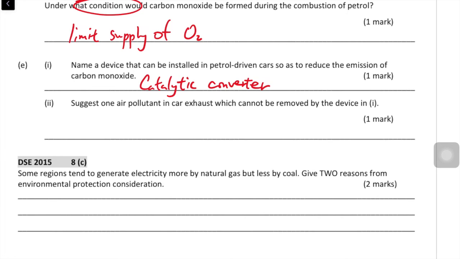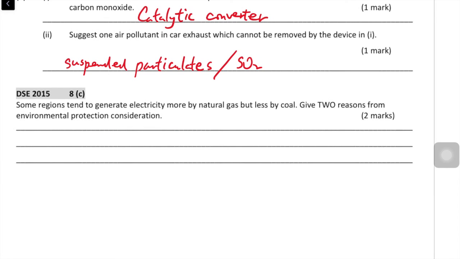Okay, next is suggest air pollutant can be removed. We have plenty of choice. For example, suspended particulates or even SO2, which cannot be removed by the catalytic converter. We have mentioned before, right? 2 reasons why